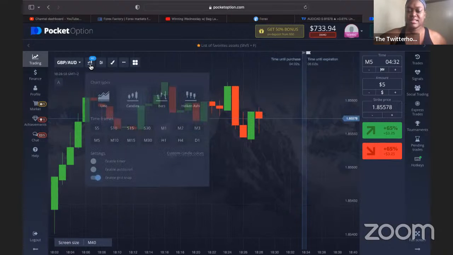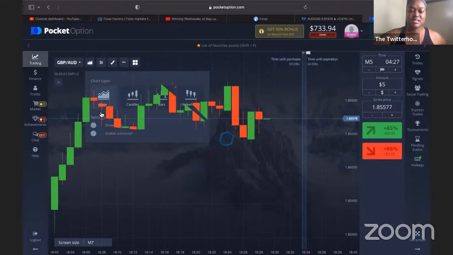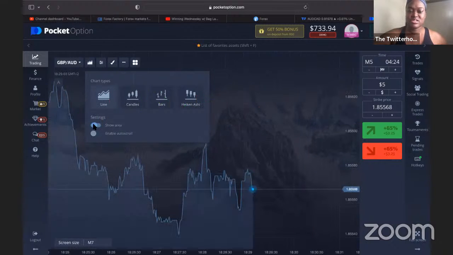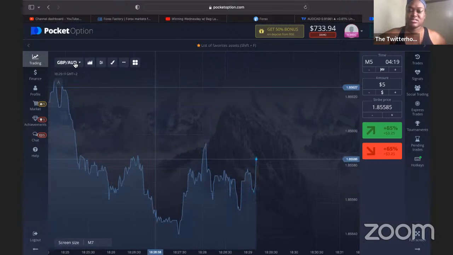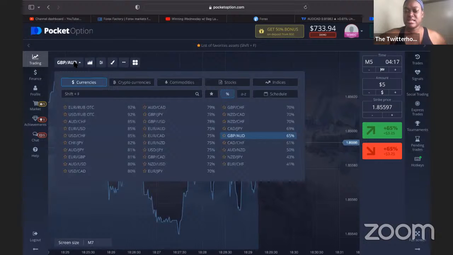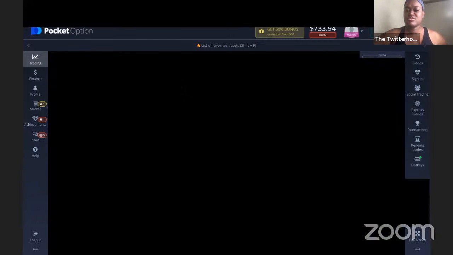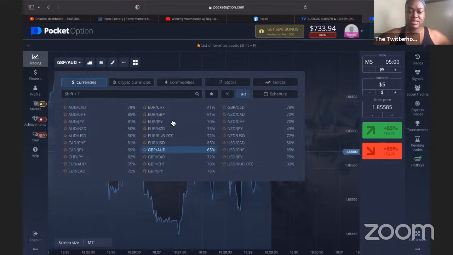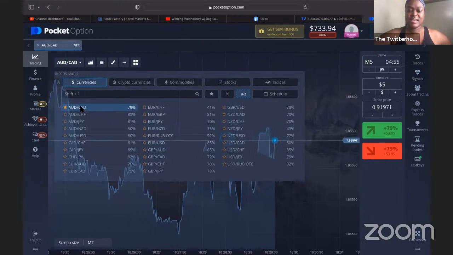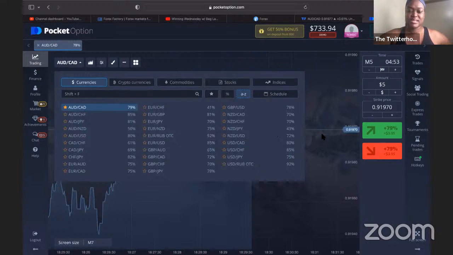Now, I like to have area selected. So I will select the line chart and then I'll toggle this to the right to show area. Select. And I said I was looking at AUDCAD. So to select a currency, the default is to have it on the percentage payout. I like it alphabetical. It makes it easier for me to find what I'm looking for. So go ahead and do A to Z. So AUDCAD is the first one. So I go ahead, I'll select that, right? And I will click outside the box yet again.